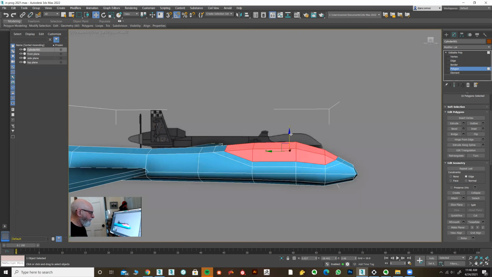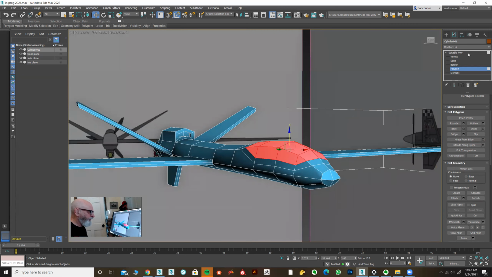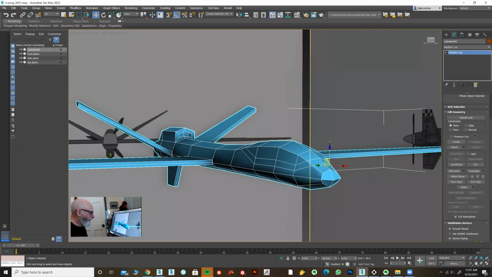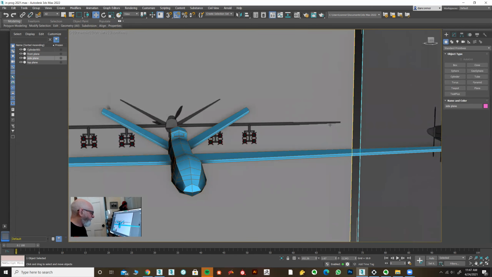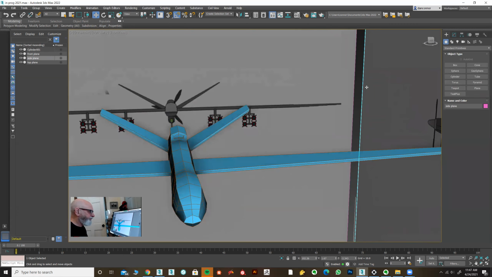I could, oops, remember to turn off constraints, okay? I don't think that this thing actually really has that bulbous area on it, but